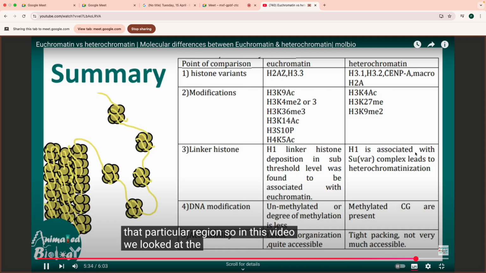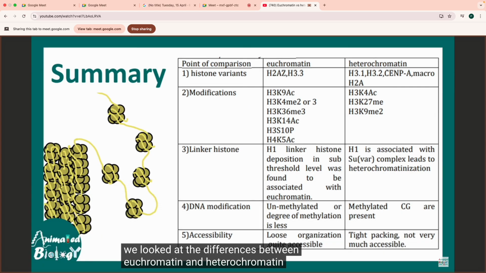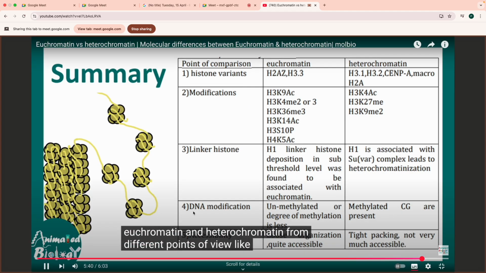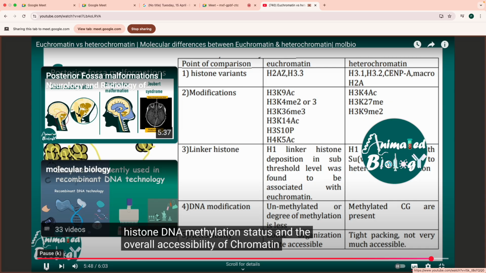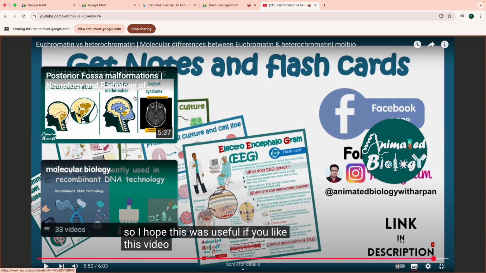So in this video, we looked at the differences between euchromatin and heterochromatin from different points of view, like histone variants, histone modification, linker histone, DNA methylation status, and the overall accessibility of chromatin. So I hope this was useful. If you like this video,